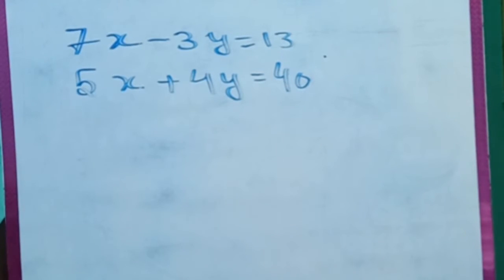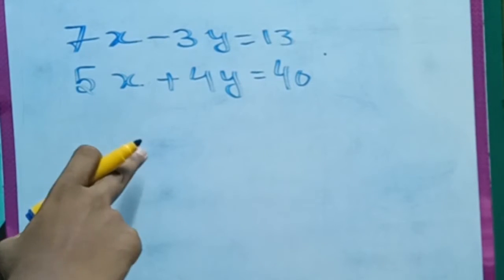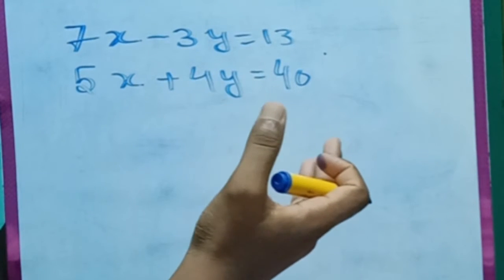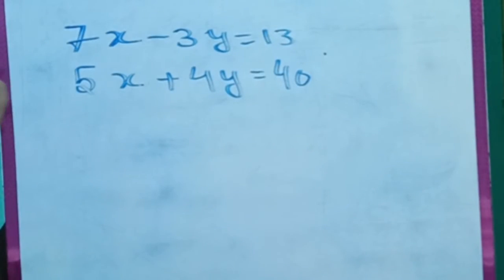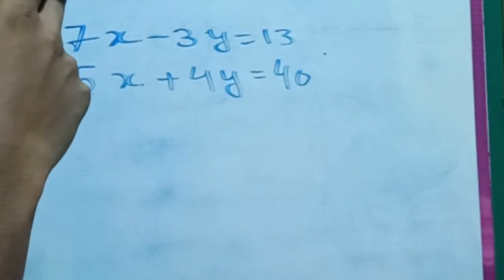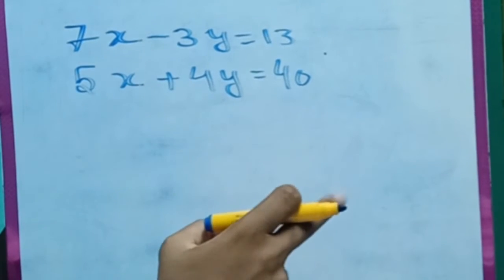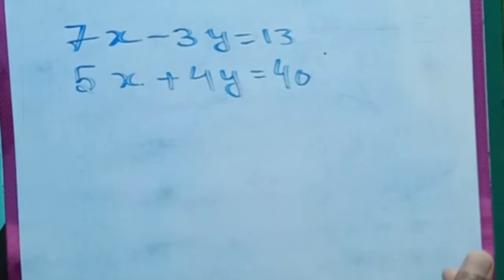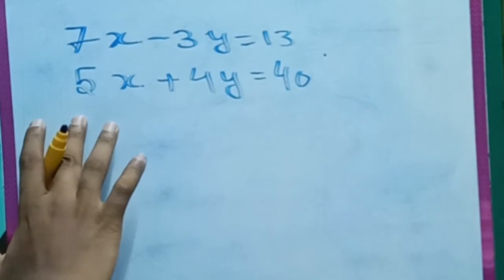As far as this shortcut is concerned, it is all about cross multiplication, right? Whenever you get this kind of equation, make sure it's not a quadratic equation, but a linear equation, because in the exam they might ask anything, whether linear or quadratic, depending on their mood. So this shortcut is only applicable for linear equations, not for quadratic equations. For quadratic equations we have a different shortcut. I will teach you that also, don't worry about it. For now just concentrate on how to solve this linear equation by using this shortcut.